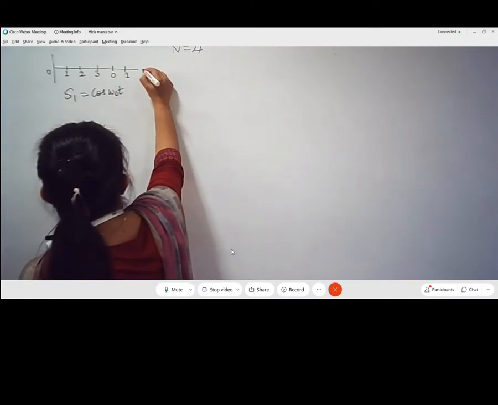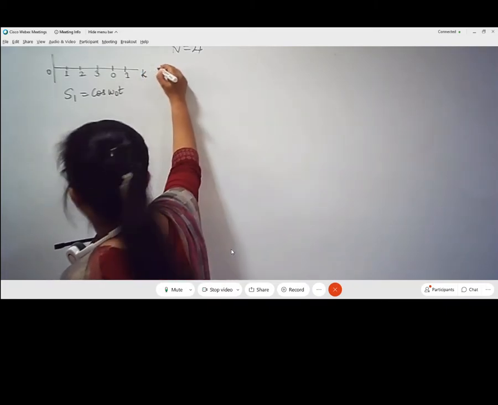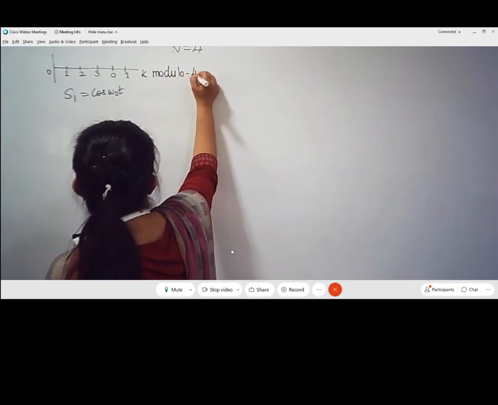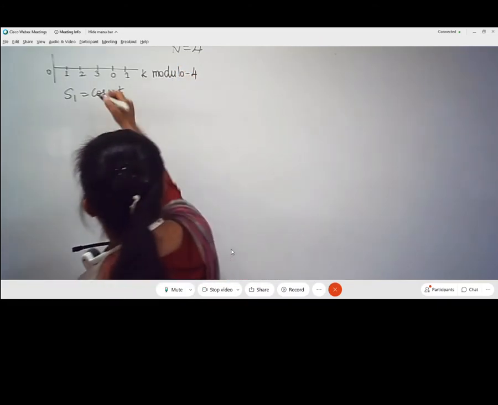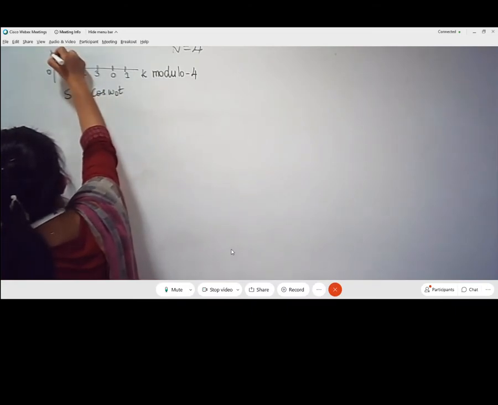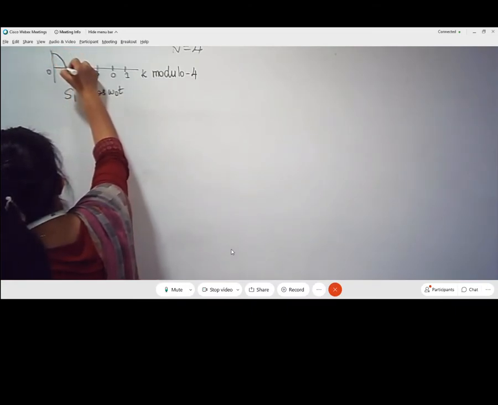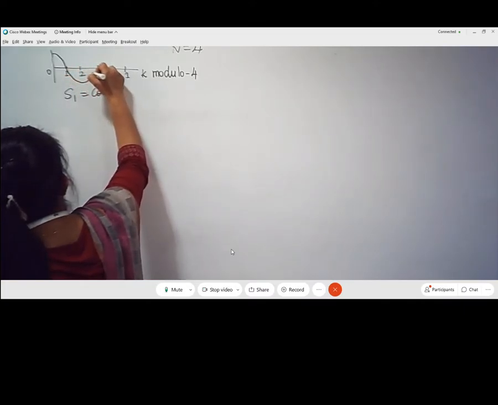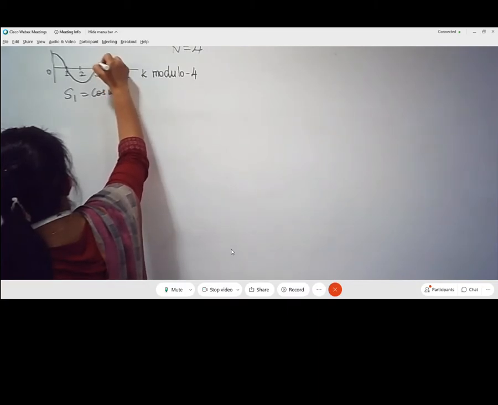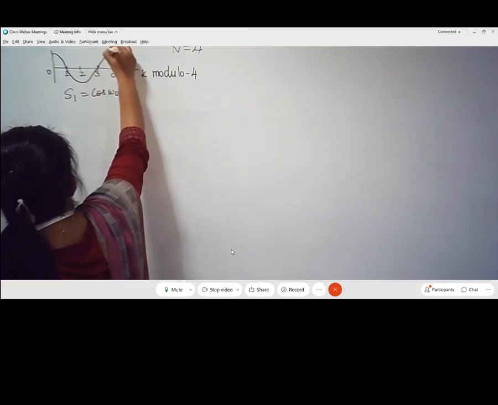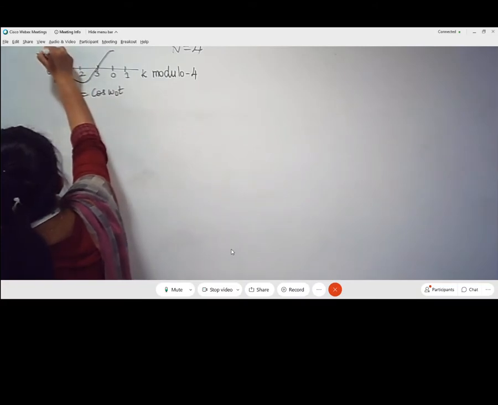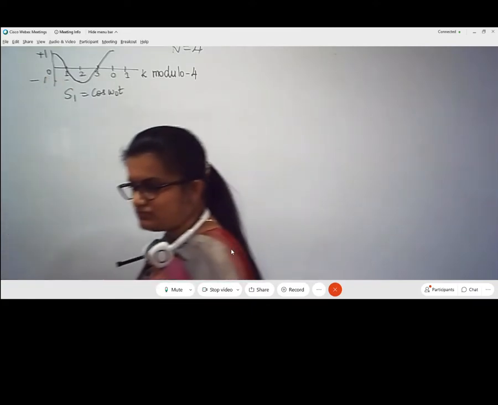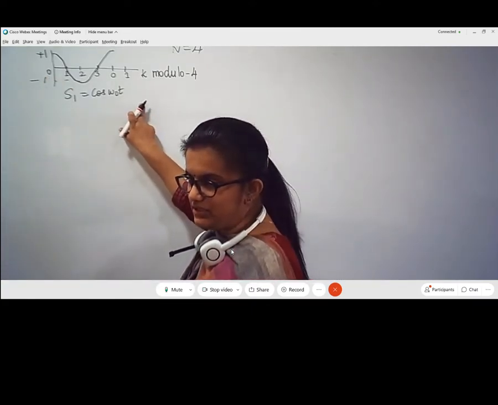So this is the k axis, and it is modulo 4. If I plot the cosine function here, at the 0th time instance it will be equal to plus 1, at 1 it will be equal to 0, at 2 it will be equal to minus 1, at 3 it will be equal to 0, and again at 0 it will come back to plus 1. So this is how the waveform looks. This one will be plus 1 and the negative peak will be at minus 1. So this is my first symbol S1 of the BPSK.